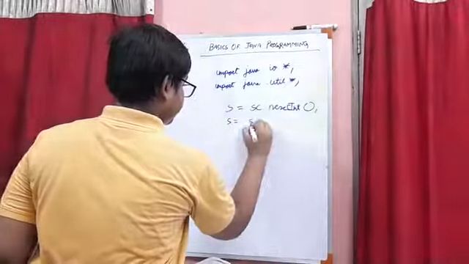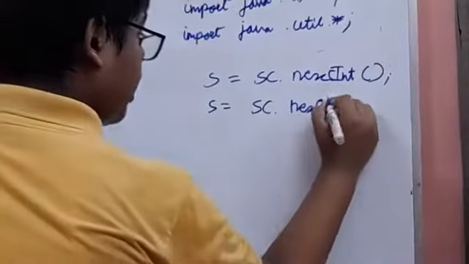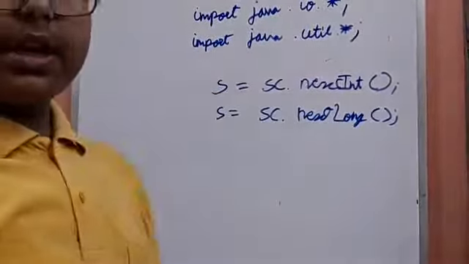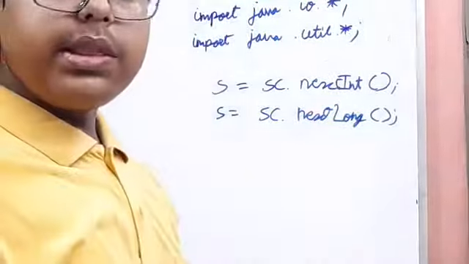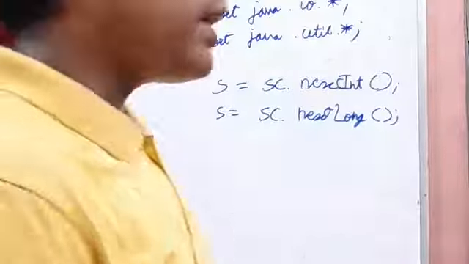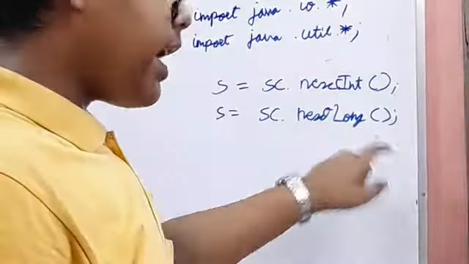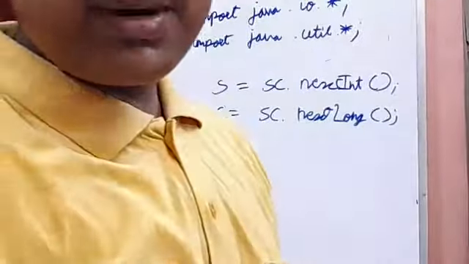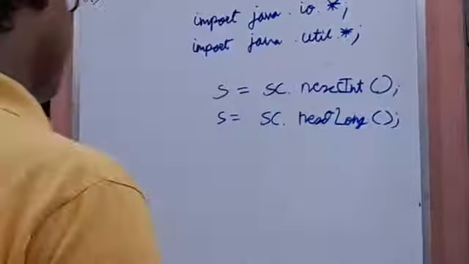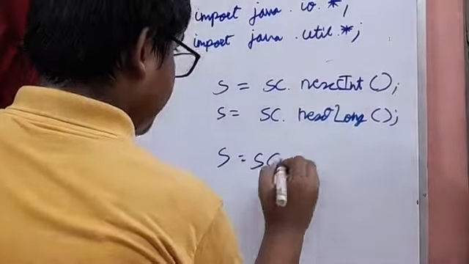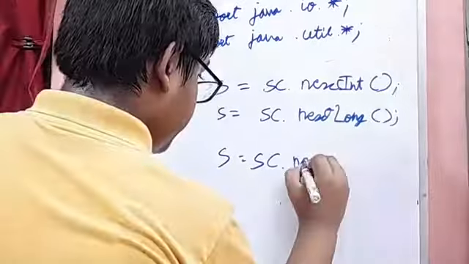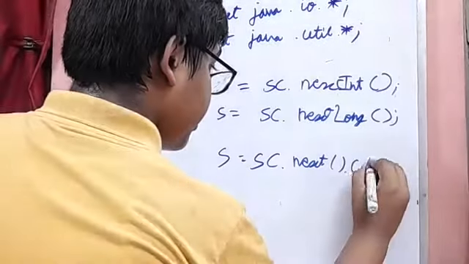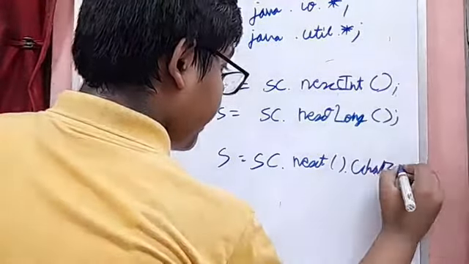Similarly, s is equal to sc.nextLong(); Now this is for accepting any long type of variable. Now this will continue for almost all the types. Short will contain short in here, then float will contain float in here, double will contain double in here. But in character there comes a new statement: s is equal to sc.next().charAt(0);